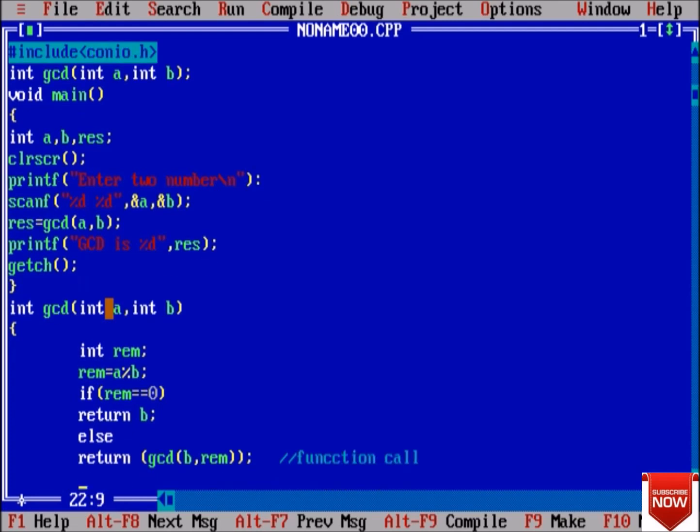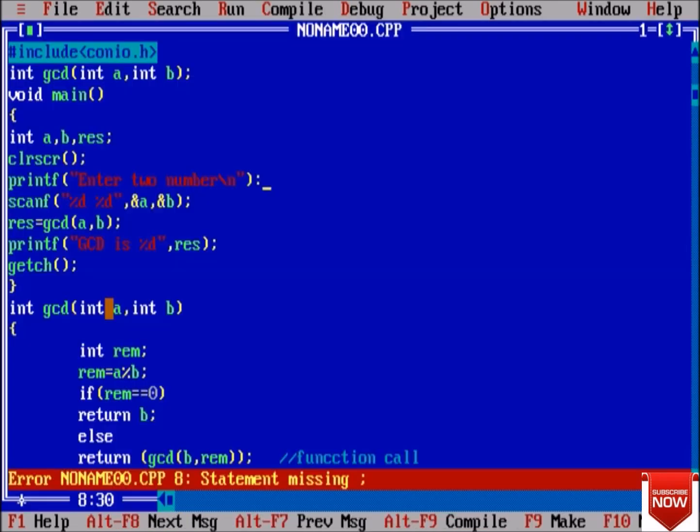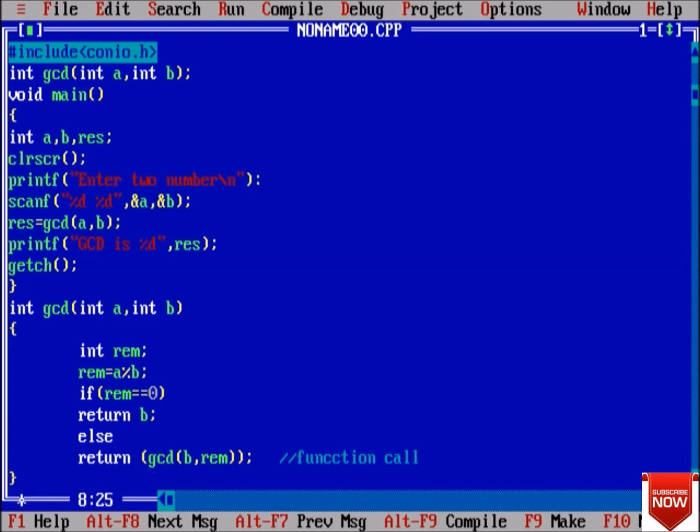Now it's looking fine. Compile. Yeah, we have an error, a statement is missing, but now it's fine.